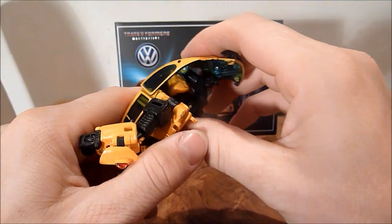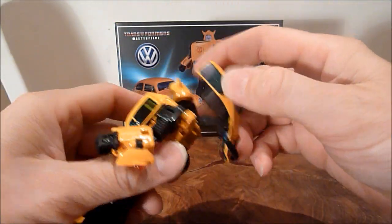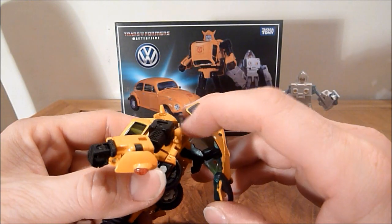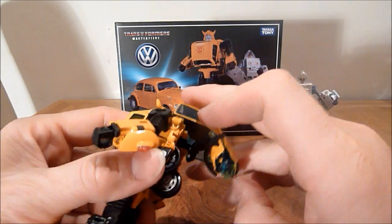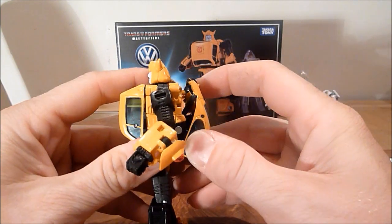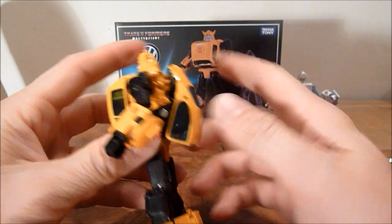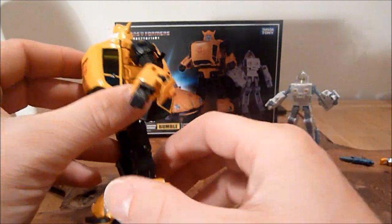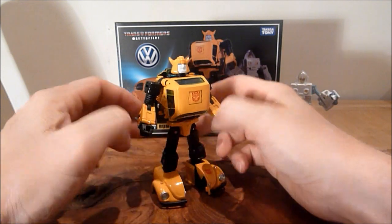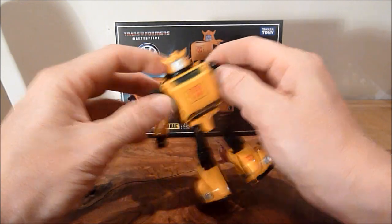Now then, you come back to this section at the back here, and then this just all rotates around. It's actually pretty cool. You're going to tuck this away under there, rotate it and rotate that around, bring it all the way down, bring its head down, and then that just sort of ends up being right on his back. And that is Bumblebee in his robot mode, and it's actually, if you want my opinion, a pretty